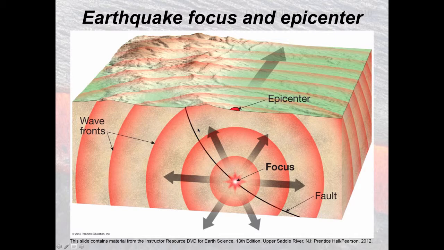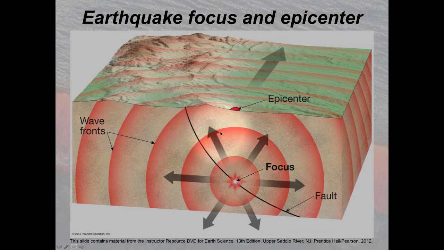Now, at an earthquake focus, the Earth is slipping along a fault, and energy is released. This graphic shows energy being released in all directions. Actually, if you pay particular attention, there's some difference in the length of the arrows, and that's important because energy is not released outwardly from an earthquake focus equally in all directions. In fact, the only thing known to humans that can release energy equally in all directions deep underground is an actual bomb explosion.